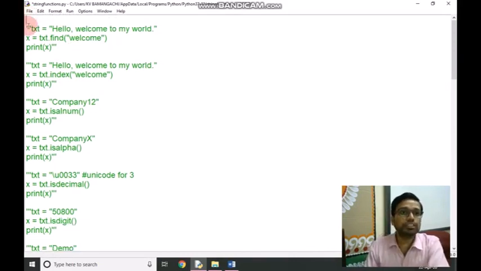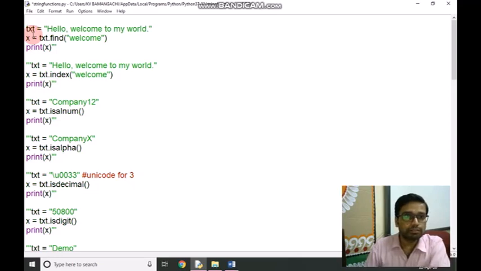The next function is find. The find function searches the string for a specified value and returns the position of where it was found. Here we have taken another string, hello welcome to my world, and we have given the code x equal to txt.find welcome.